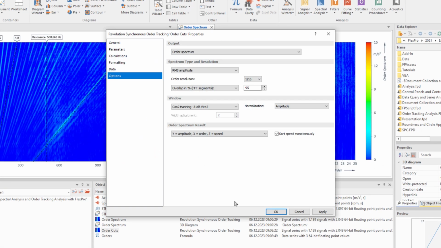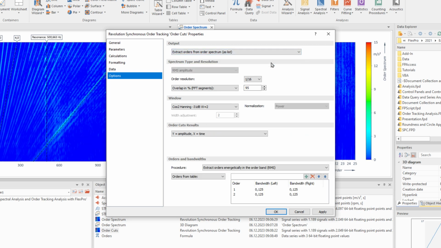I double-click on the order cuts object and select Output, Extract Orders from Order Spectrum as List. Order cuts result Y, amplitude, X, speed. Evaluate at speed from 1000 to 6000 with increment 25. Procedure: extract orders energetically in the order band RMS.